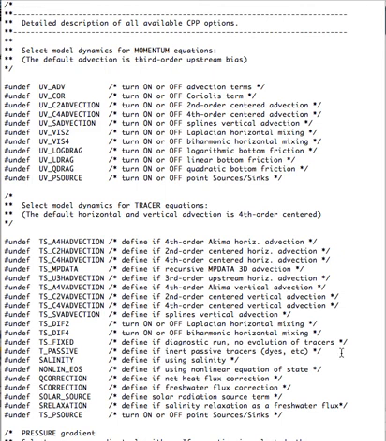We are now going to give a closer look at all the available options in the cppdefs.h file. So I open this file and let's look at the various sections. This first section concerns the momentum equations, and you can see here, as we already said before, that you